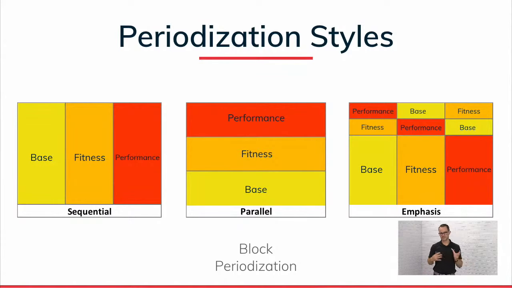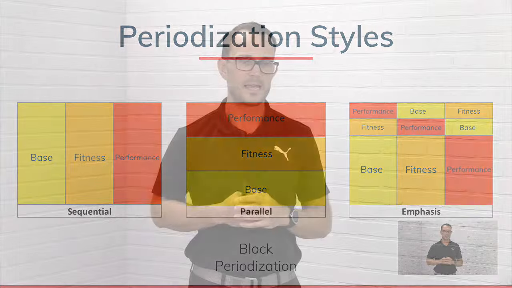The emphasis, this is what I would use for maybe more of an in-season athlete workout. Again, maybe more maintenance, or for somebody who has a very high training age. And that's where you have a real emphasis on one training component, but you still incorporate aspects of others. So the possibilities are really endless with these and how long you would spend in each block, and maybe you would use all 3 over the course of a year. So just trying to introduce some concepts, get the mind thinking that there's not just one way to program, and there's not just one way to plan periodization for either muscular or cardiorespiratory training.